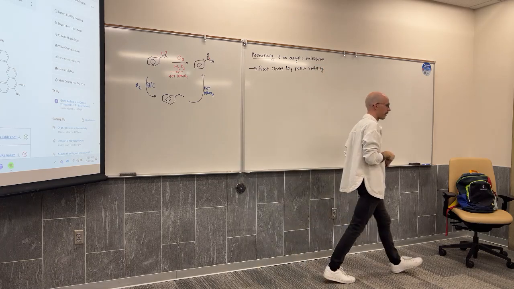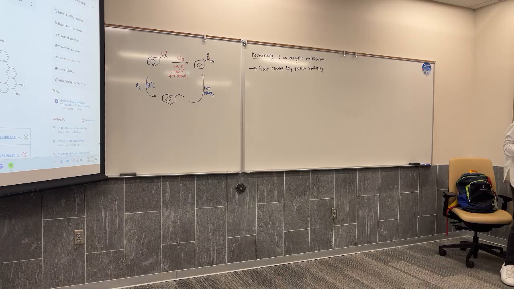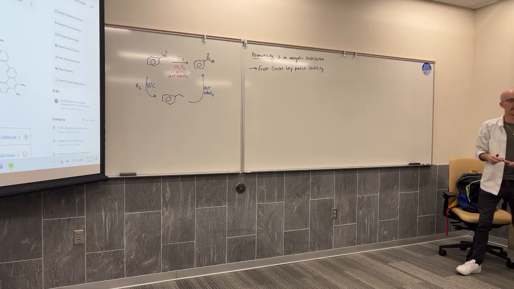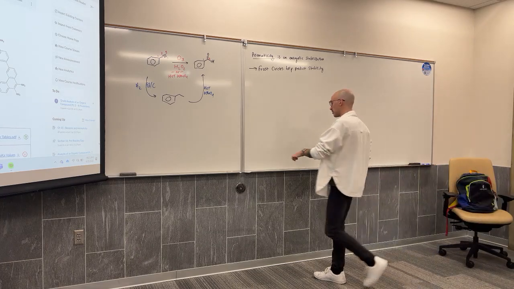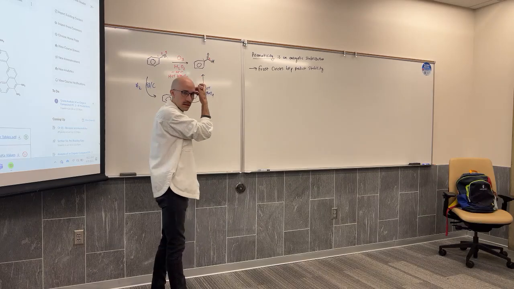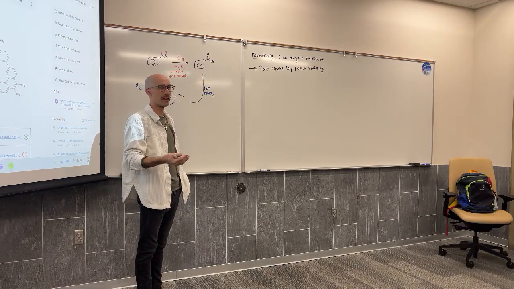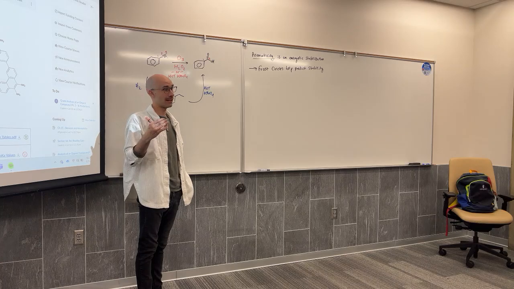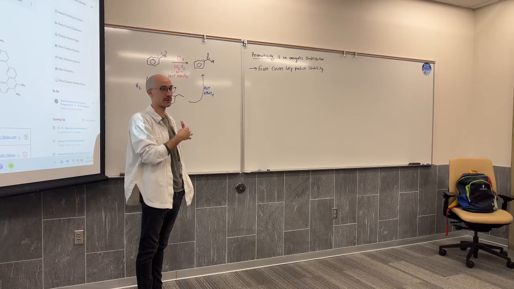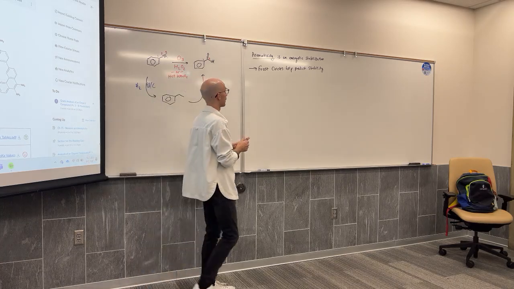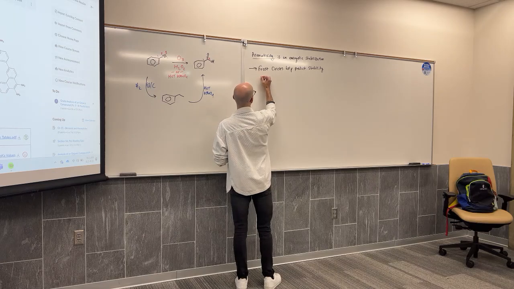Frost circles will help us predict the stability of a compound, but in addition, it makes it really easy to draw the MO diagram. So you don't have to work quite as hard as we did when we reviewed it. It's going to be a lot easier. So for benzene,